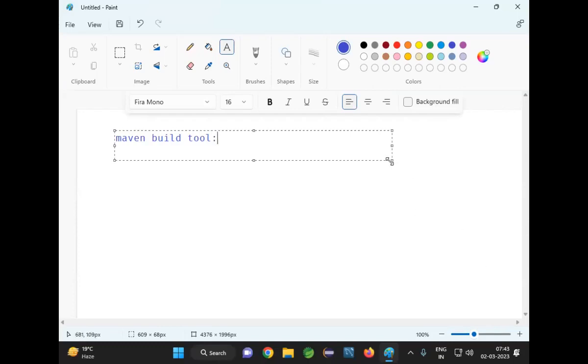So basically, there are some things that you need to know about Maven. We are not going into detail about Maven, but for creating an application, whatever is required, I'm just going to explain to you. When working with Maven, the project is called a Maven project. So for creating Maven projects,